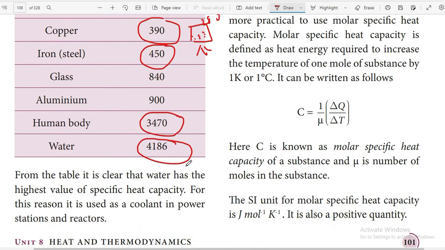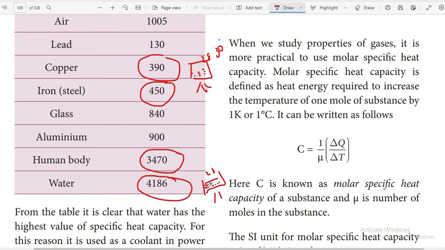Whereas in the case of water, we have a container of water, and when we have to raise it from 28 to 30 degrees Celsius, a larger amount of heat energy is required because the molecules are very widely distributed, not closely or densely packed like those of iron or steel.